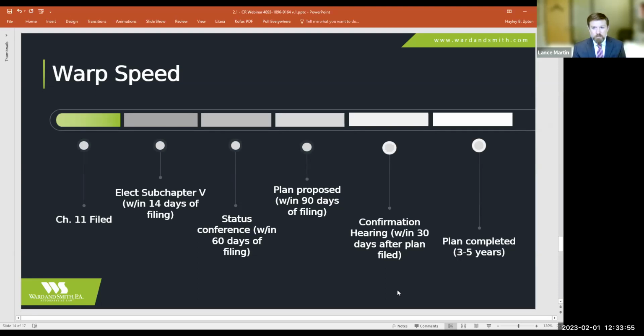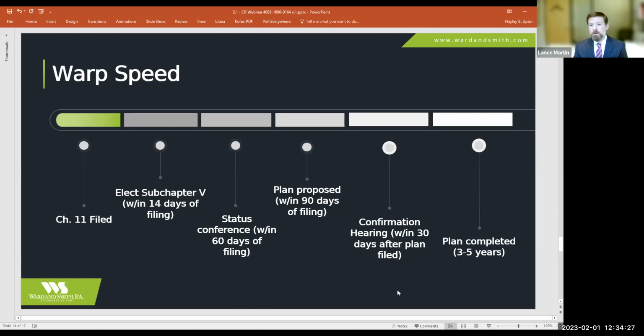They didn't. They waited until about a week to 10 days before the confirmation hearing to send out discovery and file a motion to examine the debtor. And then we got in court at the confirmation hearing, and they were asking for more time, and the judge wouldn't give it to them. The judge said, this case has been pending for 90 days. Why didn't you start this process 75 days ago? You would have had it completed by now.